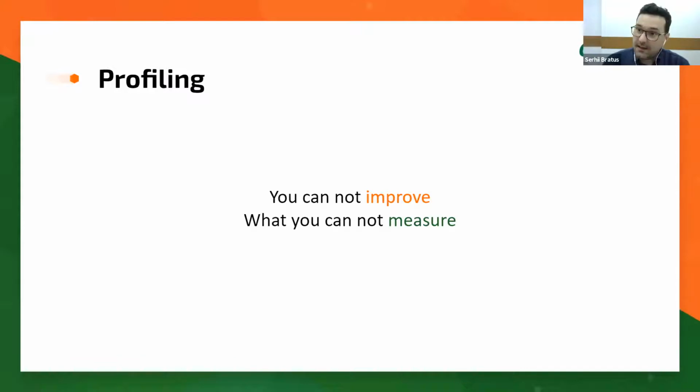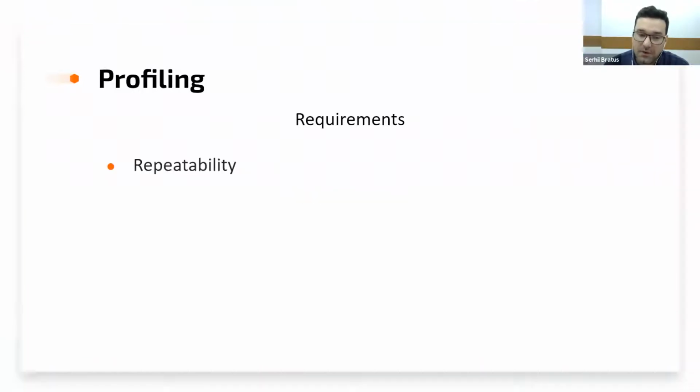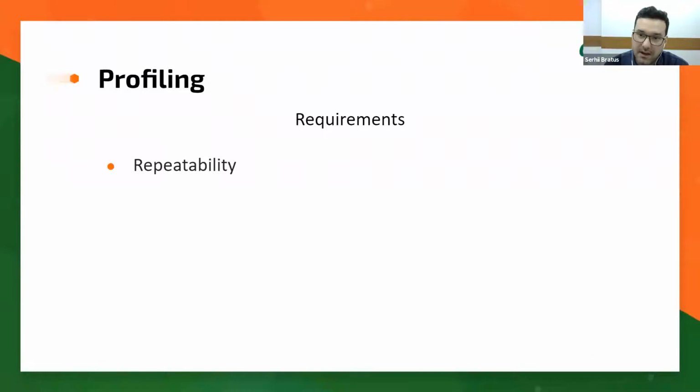And how to measure the things that you want to improve is benchmarking. Let's discuss a few main principles of how to do it right and how to do it wrong. We'll start with how to do it right. First of all, we need some requirements for our benchmarking. The first is repeatability, which means we have to be able to run it multiple times and get basically the same output. It's obvious why: if we run it multiple times and get a different output every time, the whole thing becomes useless and we can't measure anything.